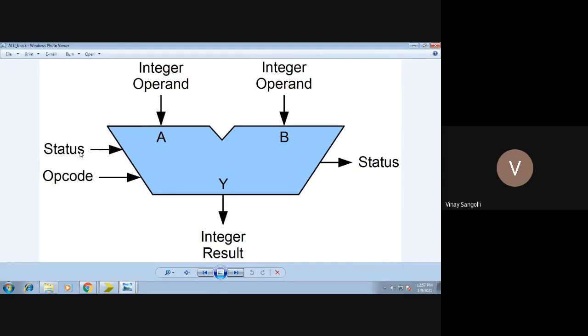Then the next very important thing is status. Status is a bit which would show us whether the operation is completed. If the operation is completed, let us assume that status is high. If the operation is not completed, then let us assume that the status is low. This is what they have told us. So this is regarding your block diagram.